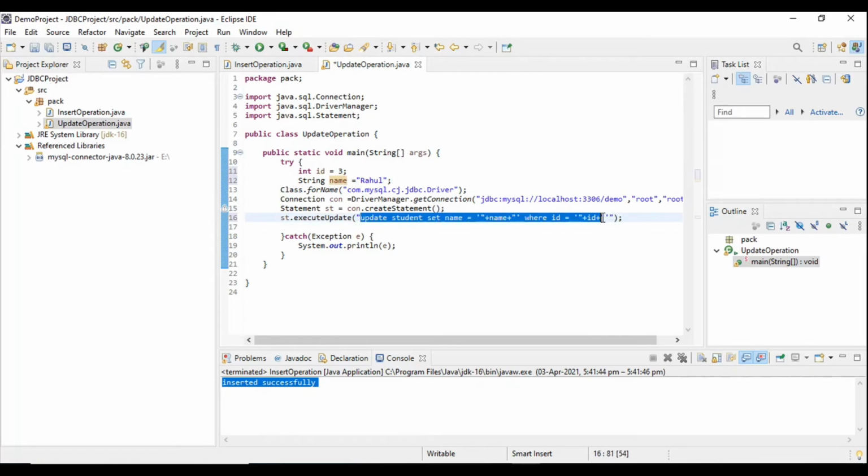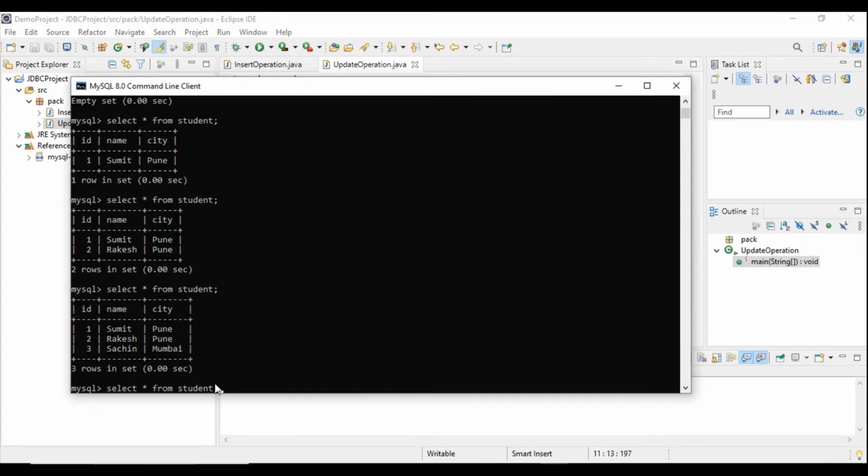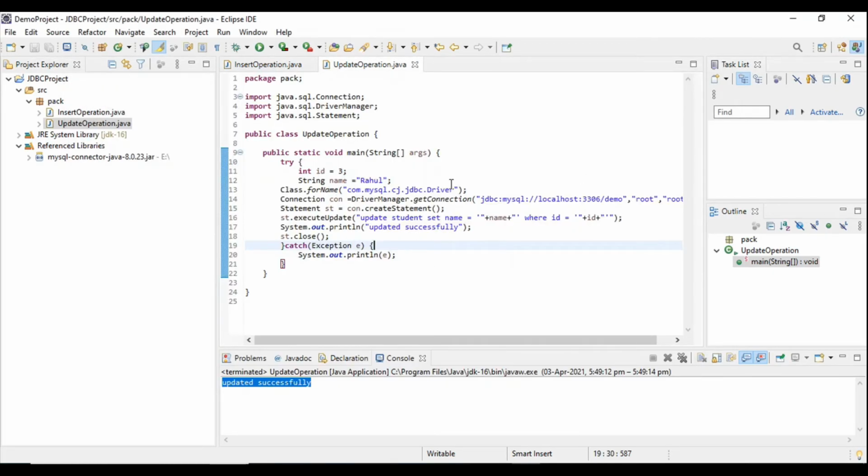This will be the query for updating data. Run the program. See, updated successfully. So this is the update operation using JDBC code.